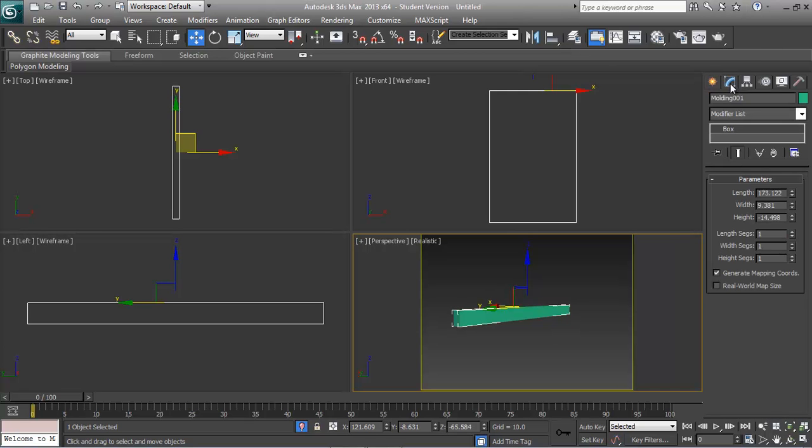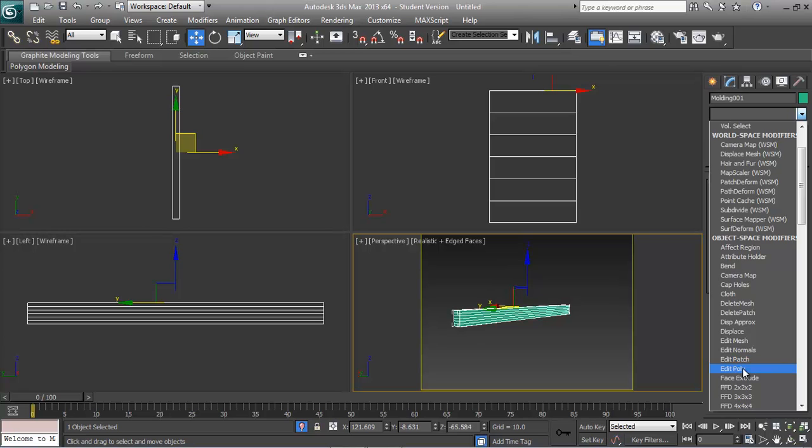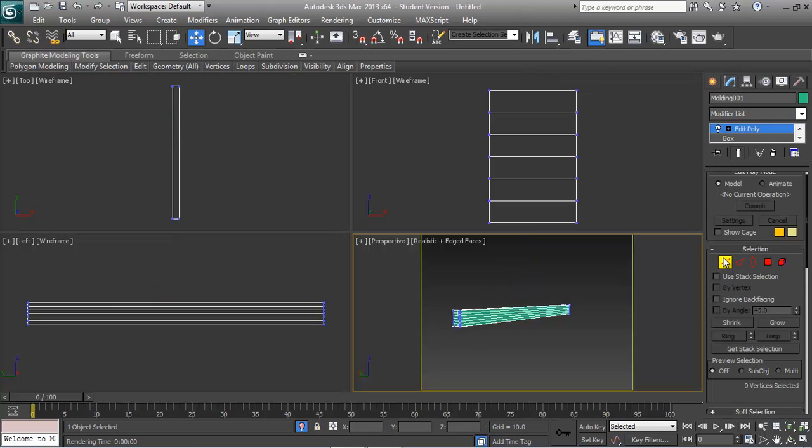I'm going to add an edit poly modifier to it. And before I do that, I want to increase the segments. So let's make sure. Okay, I don't have the preview on again. Realistic. There we go. And what I want to do is I want to add a series of basically segments in that direction. Now I'll add the edit poly modifier, and I'll go into vertex selection mode,